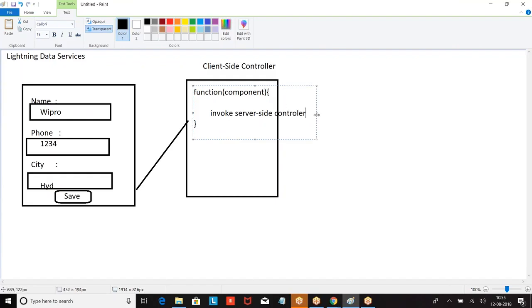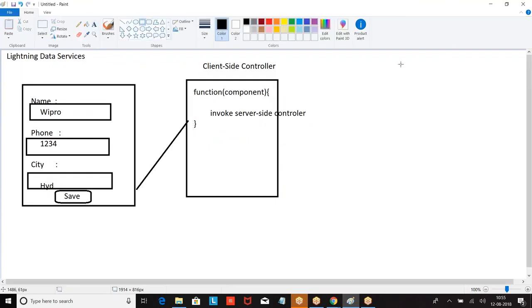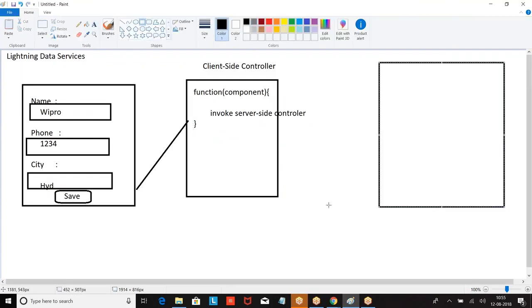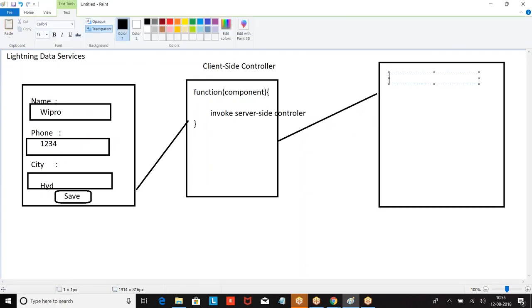When I call the server side controller, it goes to the Apex class. In the Apex class, we have a method called create, which will take a string name parameter. Then it is going to create a record.